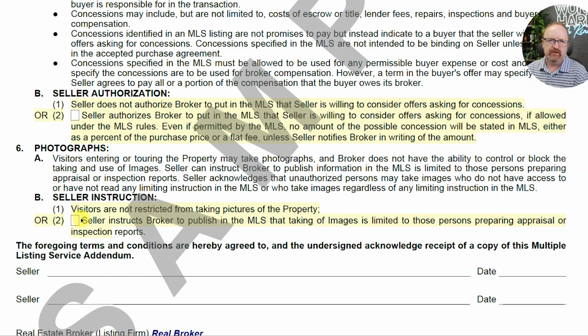Most MLSs are adopting a new model rule that basically says that if a seller doesn't want a visitor to take pictures, you're going to check this box and put in the MLS that it's not allowed. A couple of the MLSs I belong to are having a new field for this. Just be careful. This is like buyers coming in and taking pictures, or even agents, right? Buyers' agents coming in and taking pictures